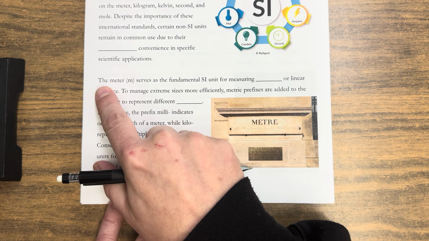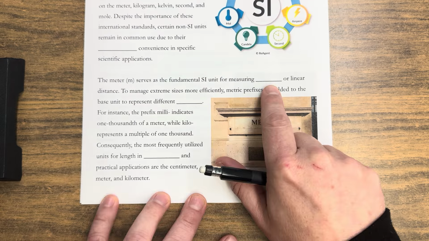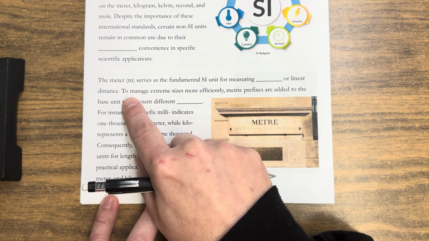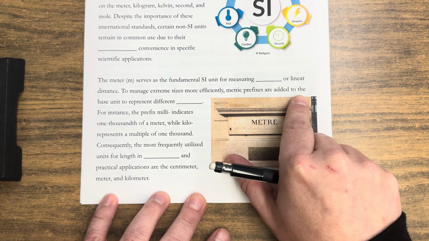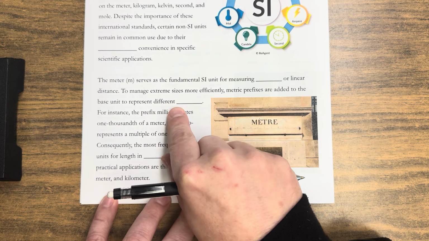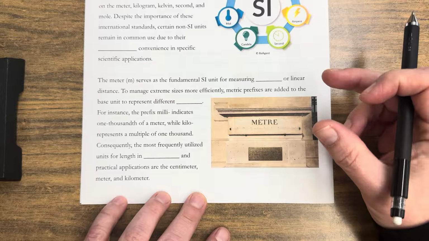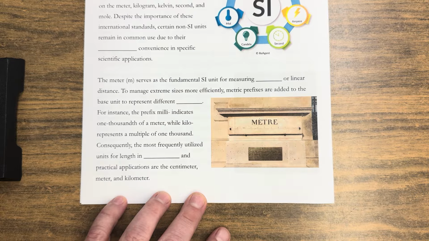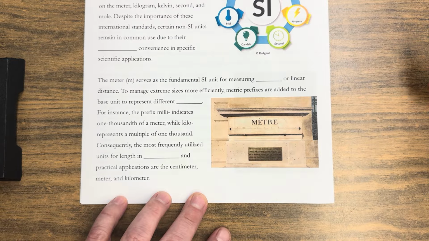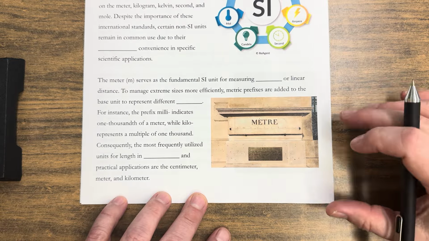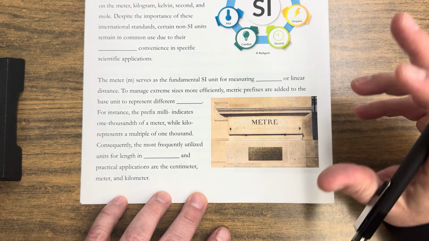First one is the meter. So the meter serves as the fundamental SI unit for measuring length or linear distance. To manage extreme sizes more efficiently, metric prefixes are added to the base unit to represent different scales. So what they're talking about here is, if you only use meters, sometimes your numbers are going to get really, really big. So how many meters from Earth to the sun? Well, that's a huge number. So maybe we could say how many kilometers from here to the sun, which makes it a more manageable number,